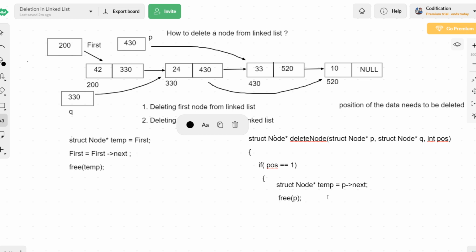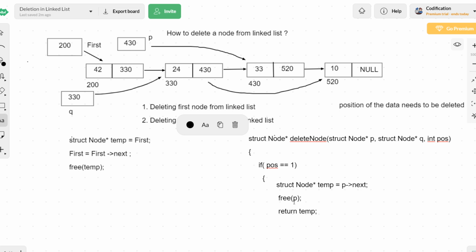After deallocating, the address of the second node is available with the pointer temp. Temp is having the address of the second node, which we can return from the function. So whatever we are returning is the address of the new first node. That's it.